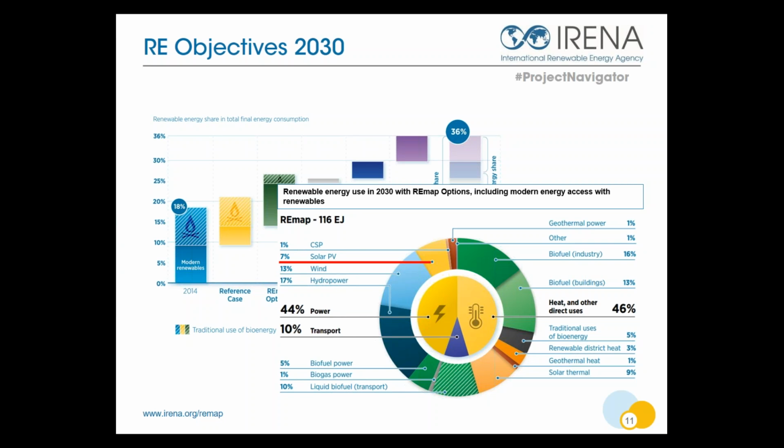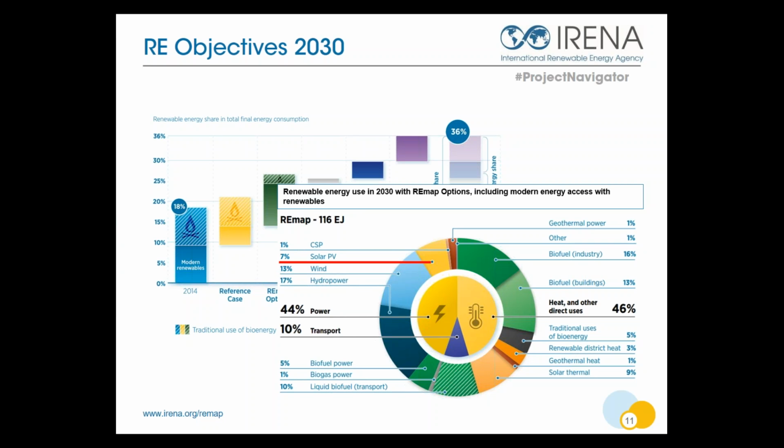And then if you look at the outer edge of this circle, you see the breakdown by technology, and you see the yellow area on the top left, that is solar PV. And so the potential of solar PV in this 2030 time frame is around 7% of the total renewables potential,